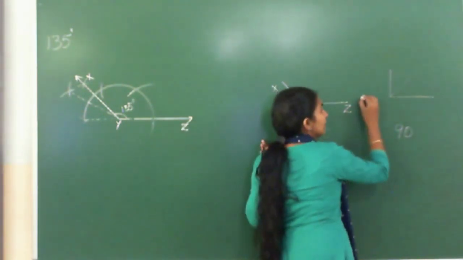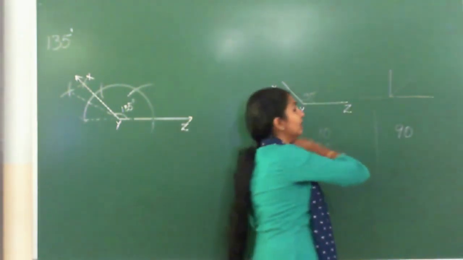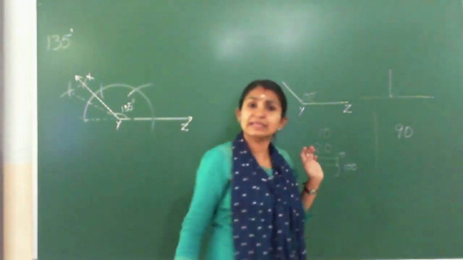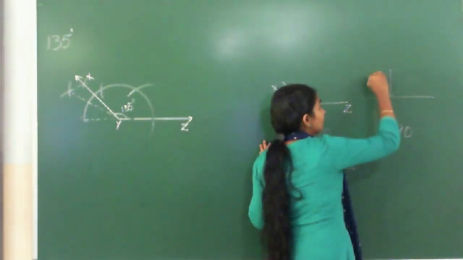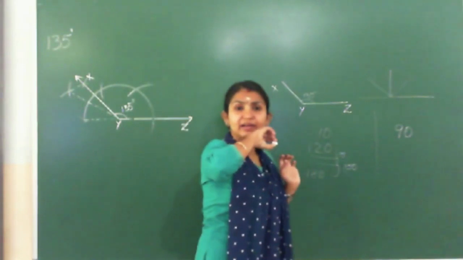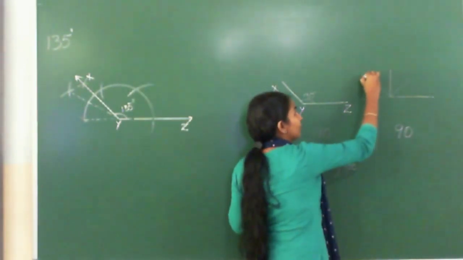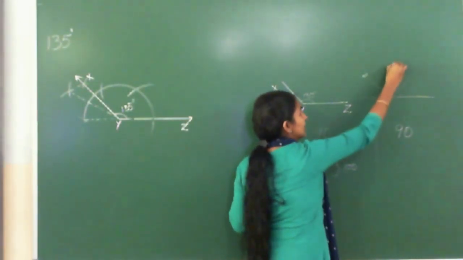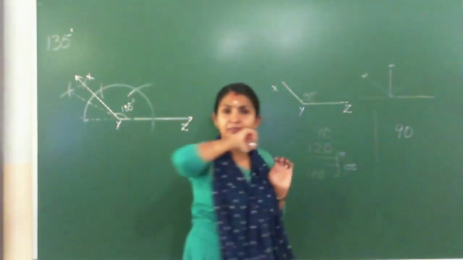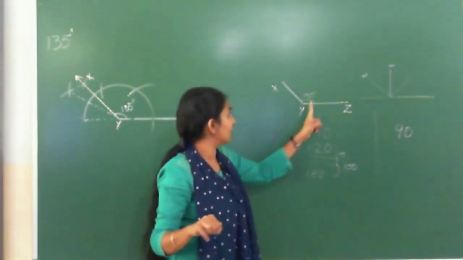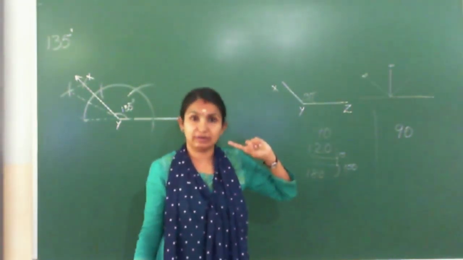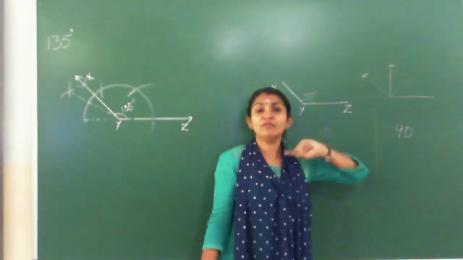The same way, if it is a straight angle, this side is also 90 degrees. When we find its bisector, we will get 45 on this side also. What will be this, 90 plus 45? Again we will get the same 135 degrees. So this is another way that we can do it.